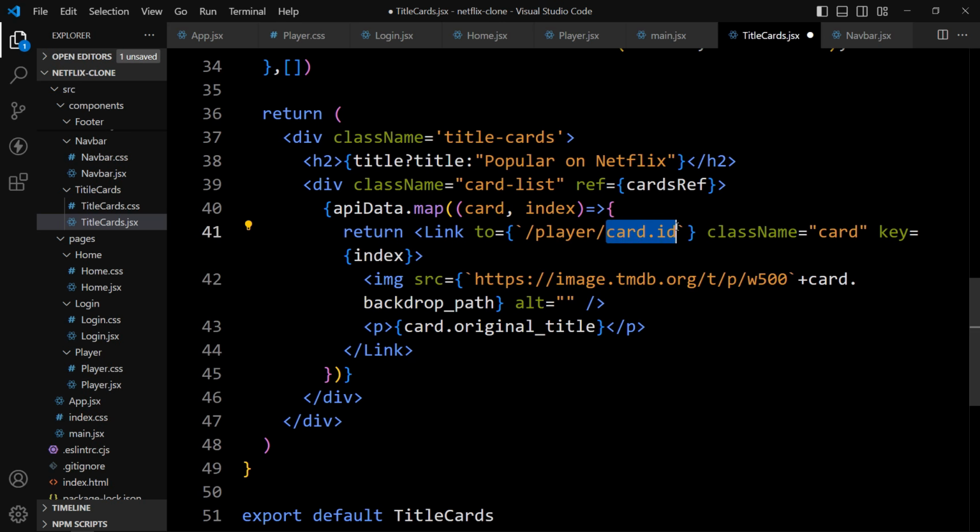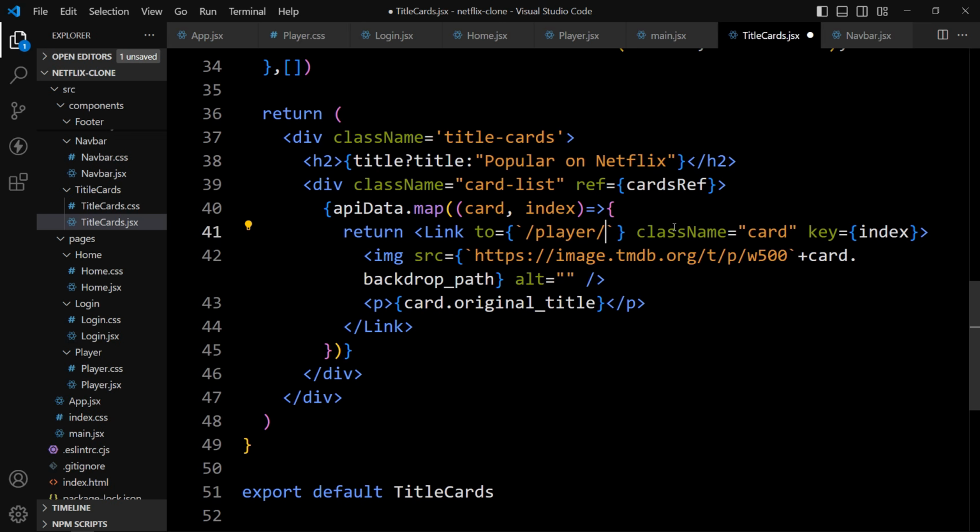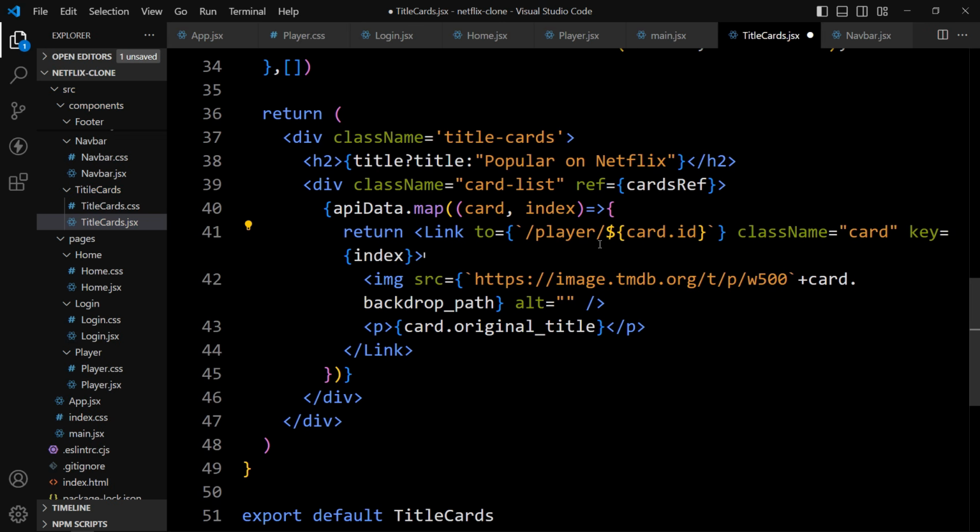So we have to add it in the $ sign and curly braces. Paste it. Then you can see here we'll get the path player, then movie ID, because we are getting the movie data in this API data, and from there we are mapping this. So we will get the individual movie information, and from there we will get the ID.